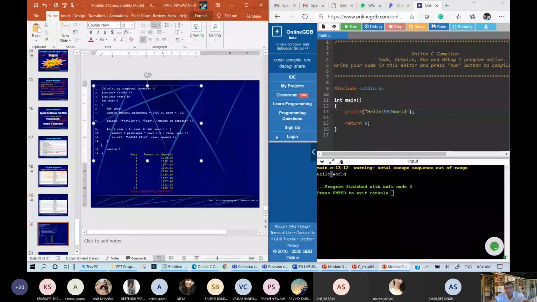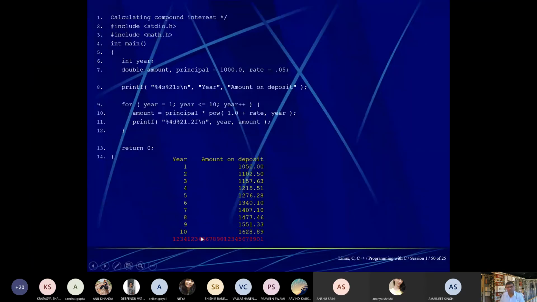Okay, this program, let me show you in full screen. This is our program, a very simple program, just written with the use of a for loop. Due to this for loop, this program runs 10 times. My motto is not to explain the for loop. My motto is how we use these format specifiers. So here you can see that %4s is written. What is the meaning of this?